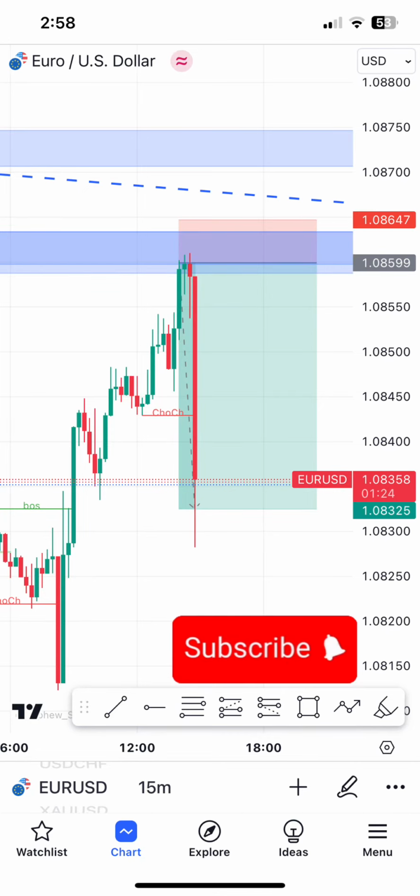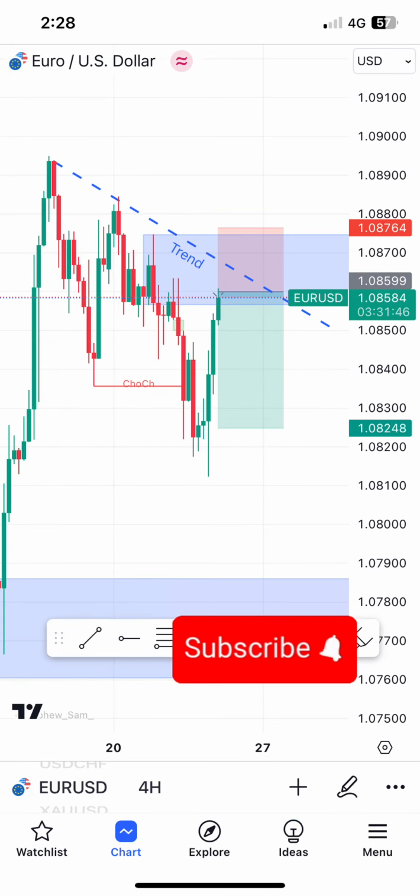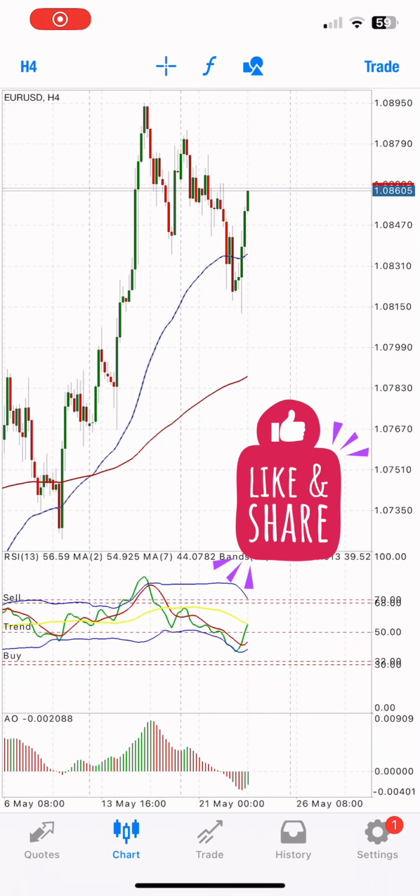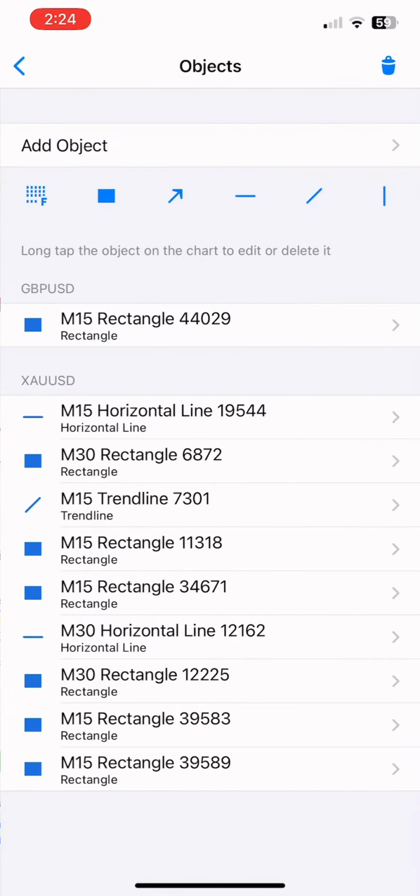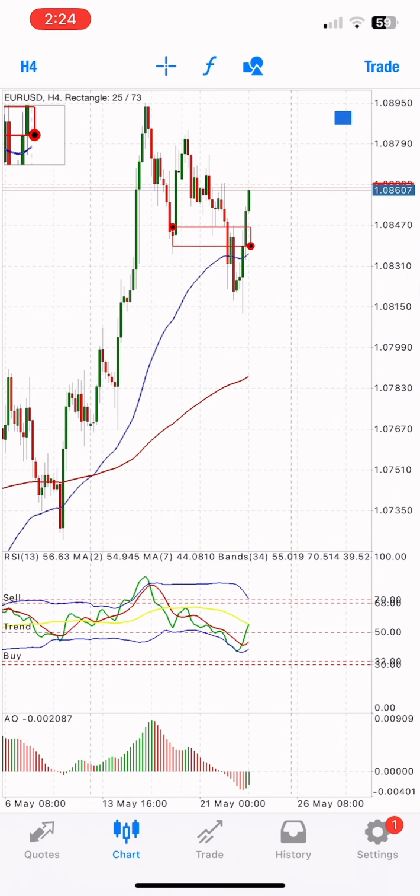Quick one, traders, let me share with you how I picked this trade in less than 15 minutes. So here is the setup: change of character and trend. So for the analysis, like I mentioned on the previous picture, there was a change of character to the downside